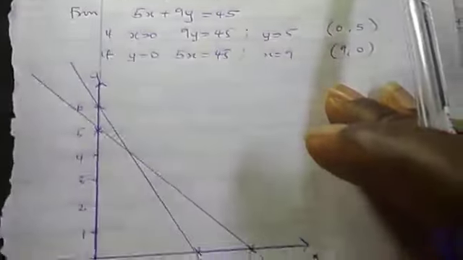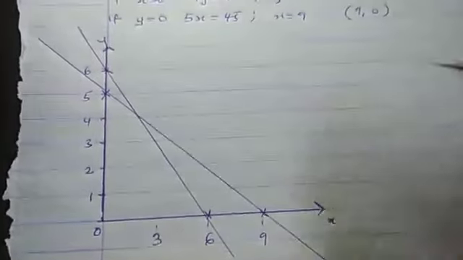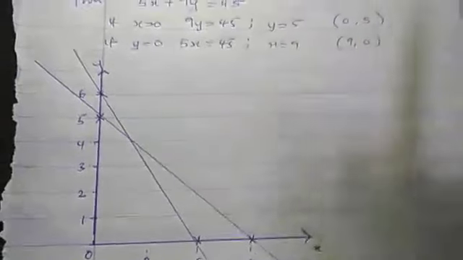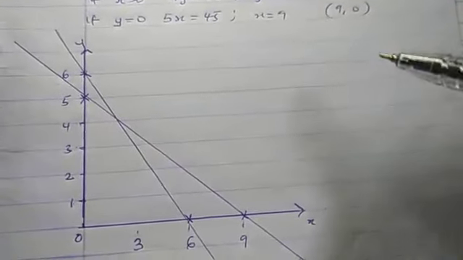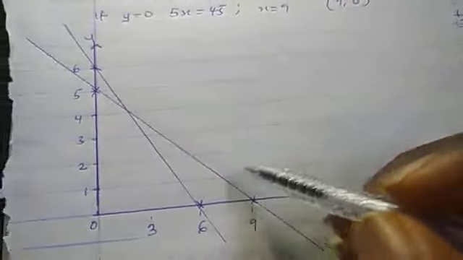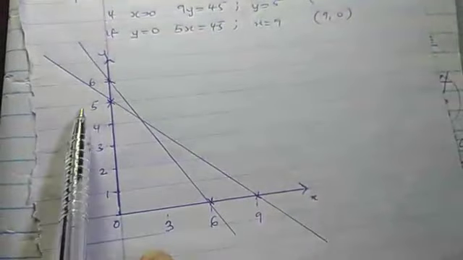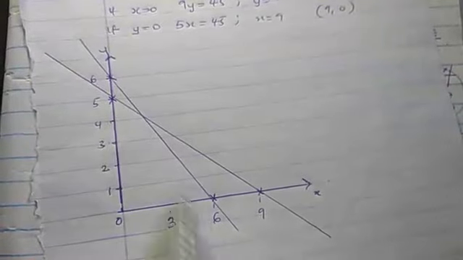So this is the question again. Solution. Anytime you want to join it, make sure you use a very straight ruler and try to be perfect, although you cannot be perfect. Now, you have joined these lines. You have joined 6 and 6, and we have joined 5 and 9, just like what we have here.